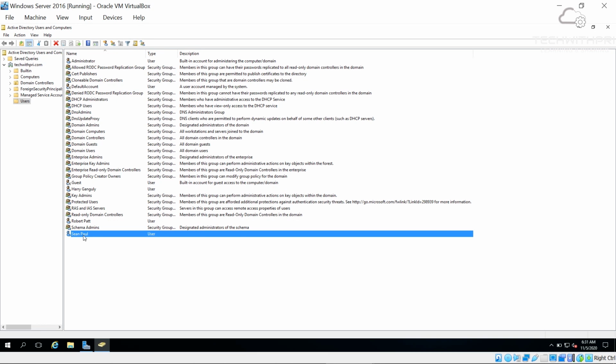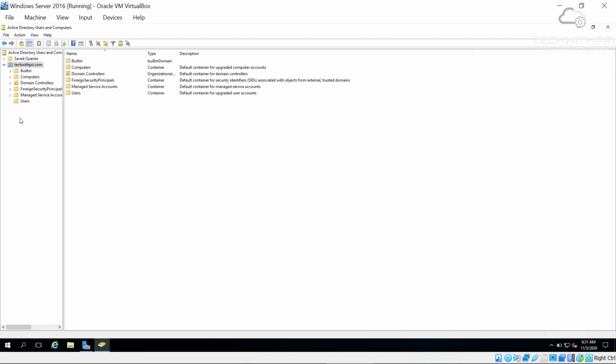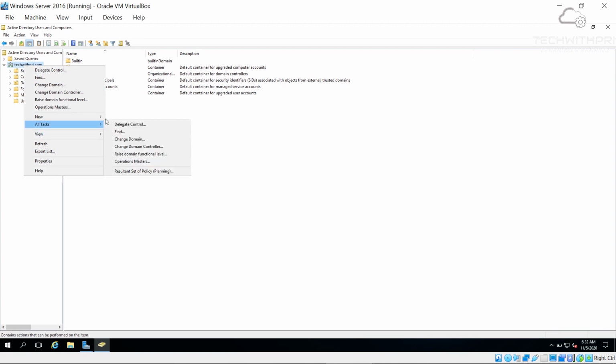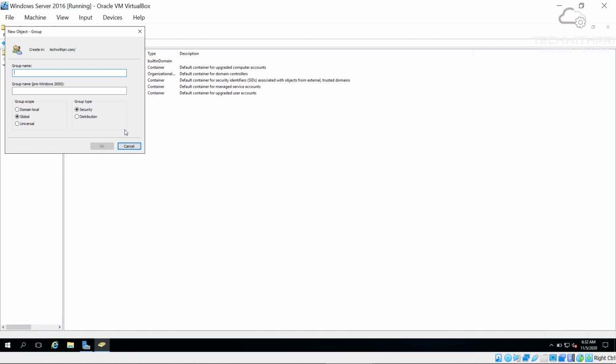Now let's quickly create a group so you can understand the importance of a group. A group is always a collection of objects, like users, computers, and many more things. I'm going to click on our domain name because I want the group to be created here, then New, and then Group. It's very simple, guys. Let's give it a name, Office Group.